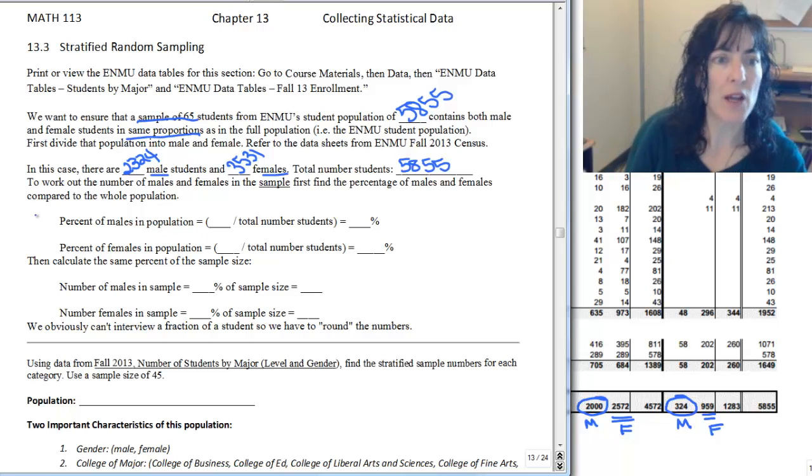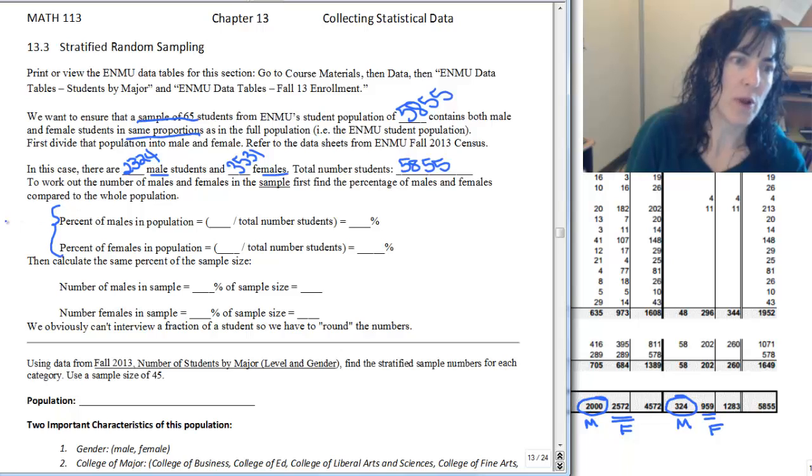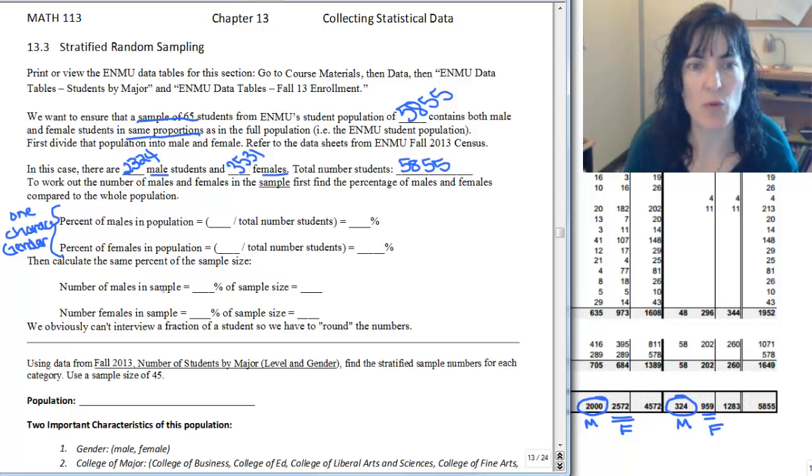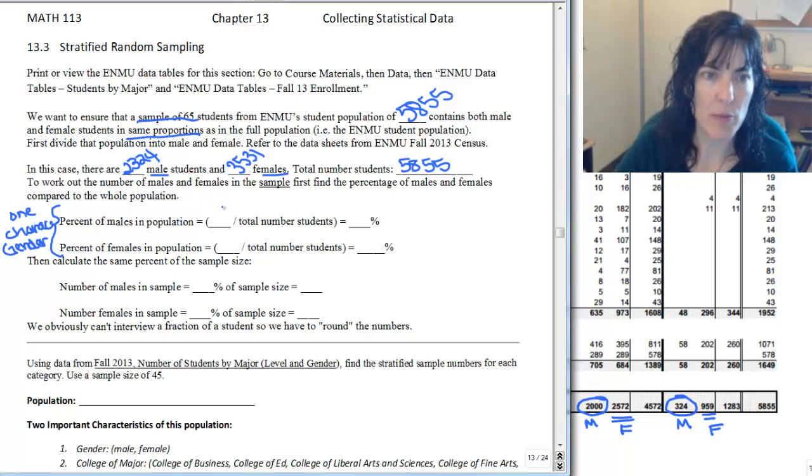Now I'm looking at one characteristic here of my population, one characteristic, and that's gender. And in a minute I'll look at two characteristics and we'll look at how that is different. But for the one characteristic, I want to find the percent of males in my population. So I have 2,324 out of